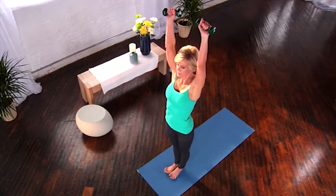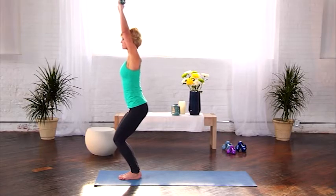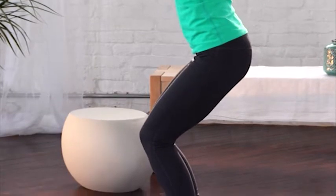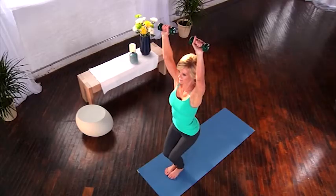Holding your weights overhead, sink down into chair pose by lowering your hips back and down, just as if you're about to sit on a chair. Keep your knees behind your toes and press your thighs together, engaging your abs. Keeping your palms facing forward,